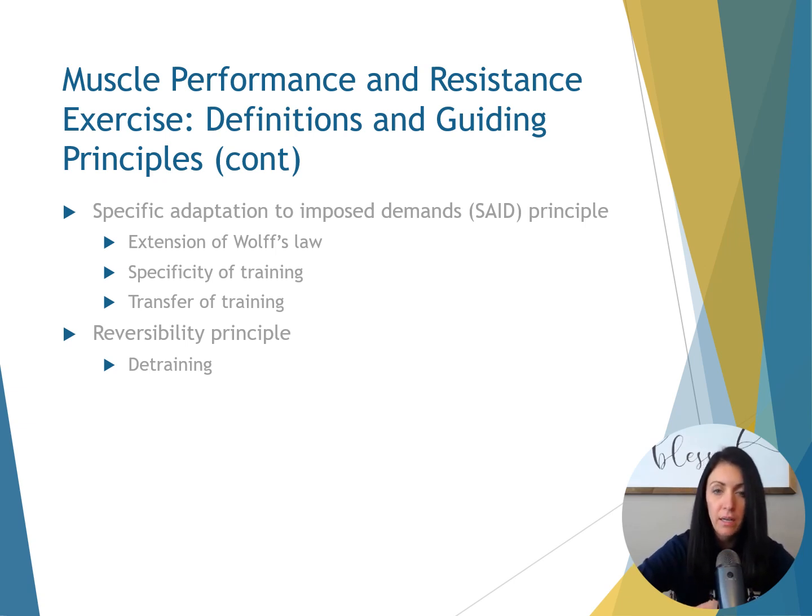Transfer of training, another word for that would be cross-training. And this is very limited, based on velocity, type and mode of exercise. Training for muscle strength has a moderate improvement of muscular endurance, but endurance training has little to no effect on muscle strength. So if strength is desired, it's more optimal to train at one speed of exercise. Most studies support a program that closely replicates the desired functional activities, which would be specificity of training.